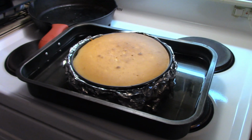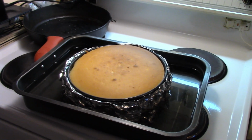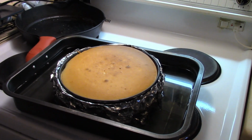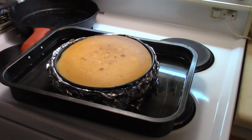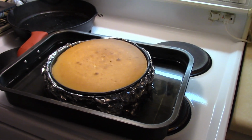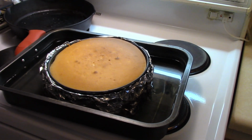Okay, I just pulled the cheesecake out of the oven. And it has a bit of color on top, and that's a good thing. And as long as it's not jiggly, you're good. And we're gonna leave it in the water until the water becomes warm. So it'll probably take about an hour, hour and a half until the water's warm, and you can toss